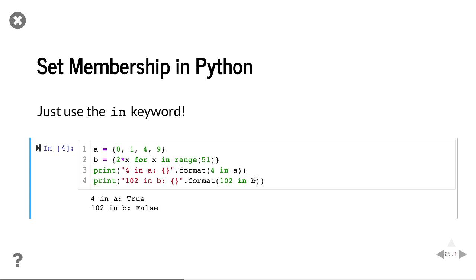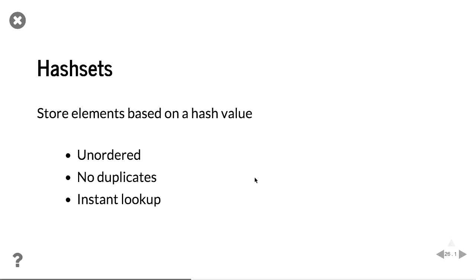But again, there's opportunities for further discussion and exploring these topics. How long does this take to run? What if this set is really large? Well, then we can start talking about things like linear search or binary search. But of course, these are a set. So these are actually going to be backed by hash sets, which are a more complicated data structure. But these have interesting properties because they're storing the elements not in the order that they're added, but based on